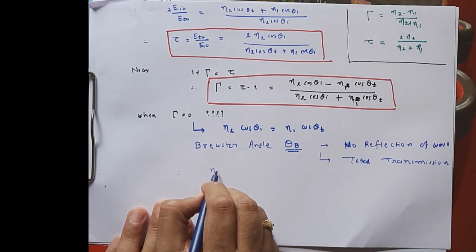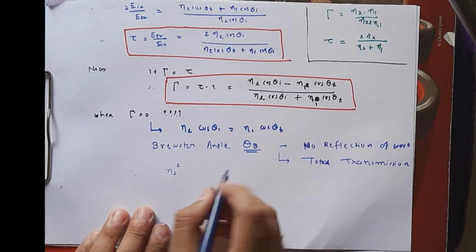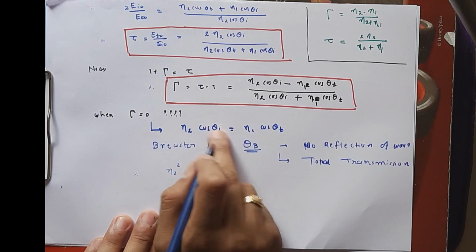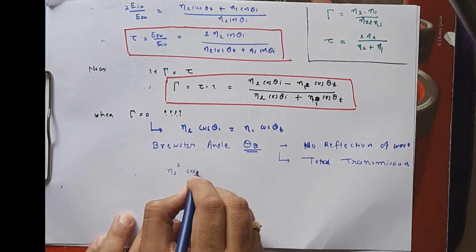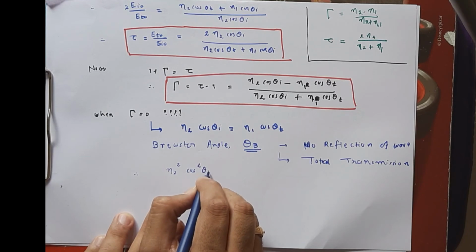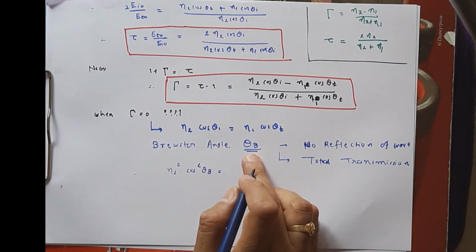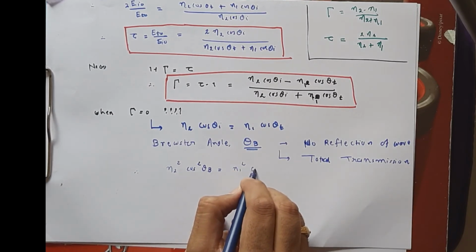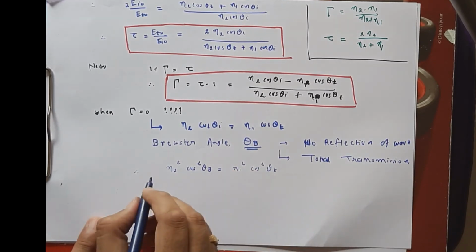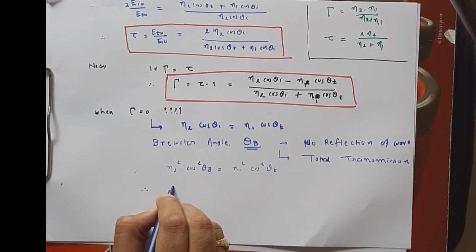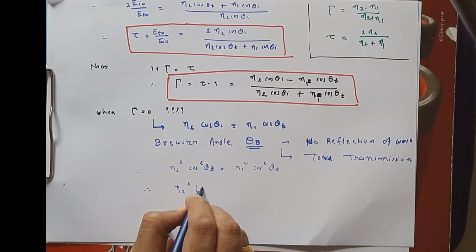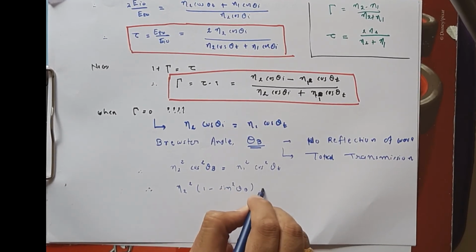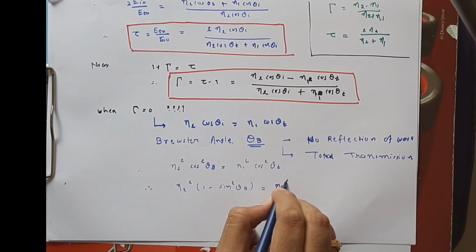So take the square on both sides, and square cos theta I. I have to find out what the incident angle is, and it is nothing but the Brewster angle. So cos square theta b, I just replace theta I with theta b, is equal to eta 1 square cos square theta t. So eta 2 square (1 minus sin square theta b) is equal to eta 1 square